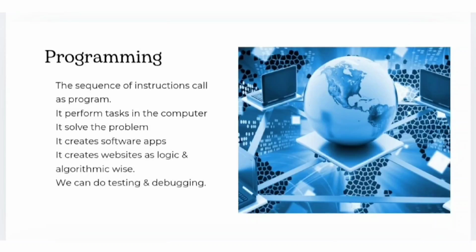For example, if you are using games in your mobile apps, all the game applications and AI applications are this type of logic wise programming. And algorithm wise means when you become an older person, a programmer or program analyst, at that time you can use algorithms to create your own coding depending on the project. Okay, and then the final process is testing and debugging. Testing and debugging are slightly different, so I will tell you later one by one.